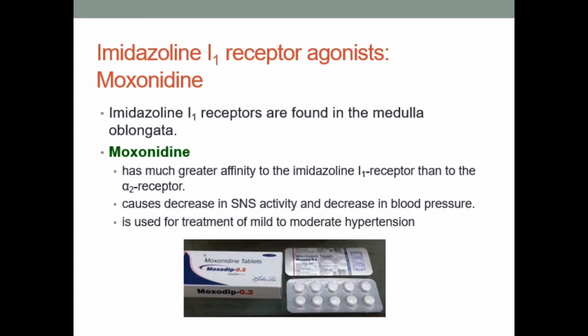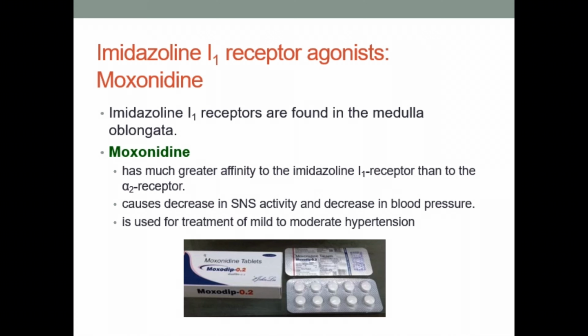Okay, to the next, the second generation centrally acting antihypertensive agent, the drug that acts as an agonist on the imidazoline or I1 receptor in the vasomotor center, the medulla. The name is moxonidine. So if you remember back, if you look back at the diagram just now,